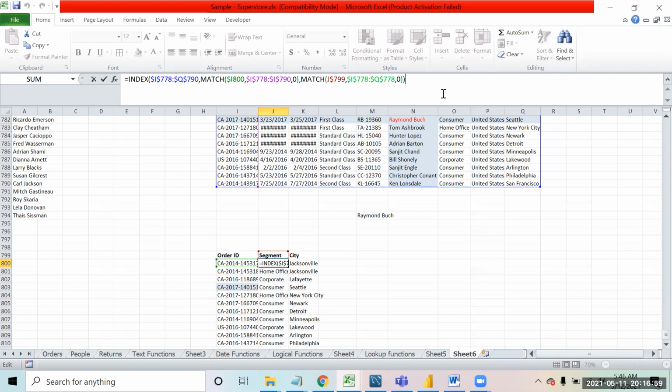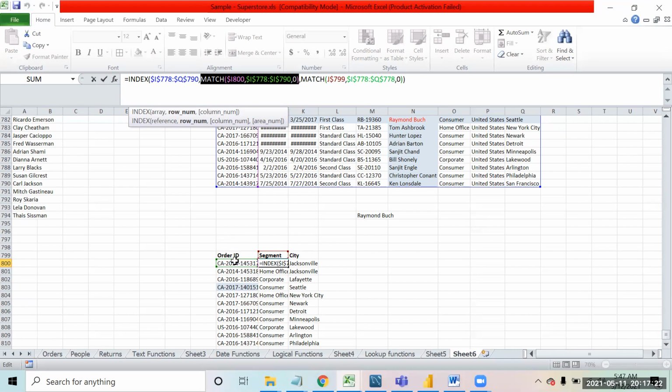Amit, I need some clarity on the freezing part. In INDEX, the array you're freezing. Okay, got it. In MATCH, you are trying to find the row number. Can you please explain the freezing part here in the MATCH? See, in this we were finding the row number of this order ID. I said my lookup value is this.